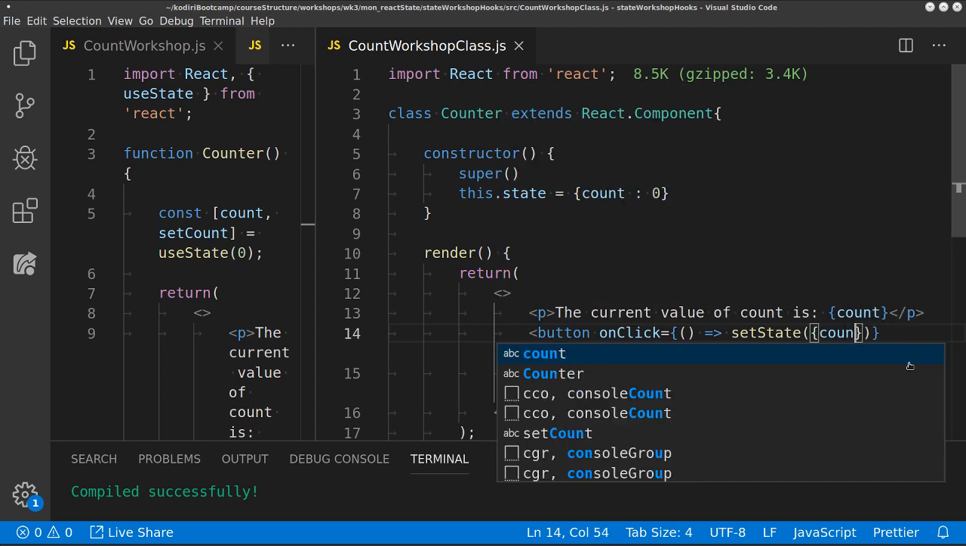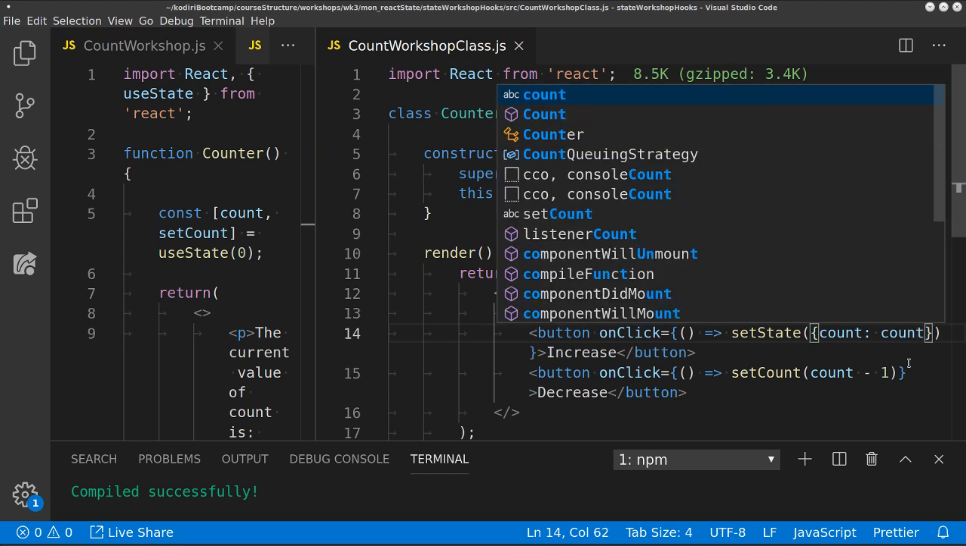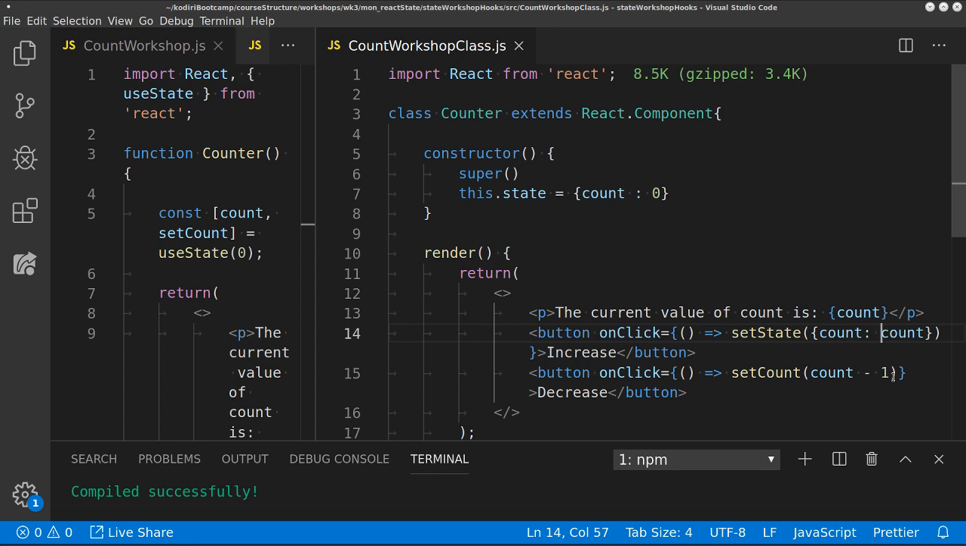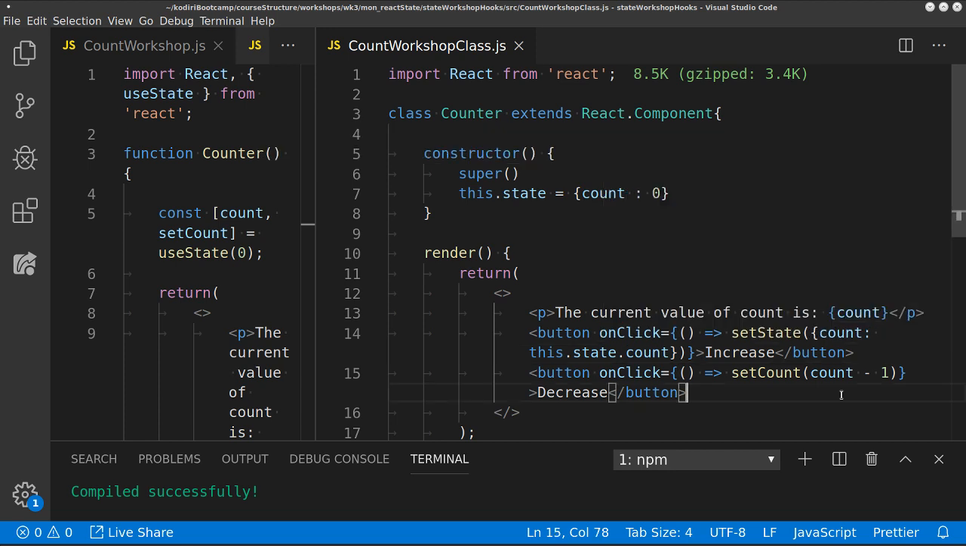And we want to update the count, and we want to update it to whatever the count previously was, which I can't just reference by count. I have to reference by this.state.count, because that's the value that was currently stored in the state, plus 1. So it's gone from that essentially to all of that, just to do the same thing